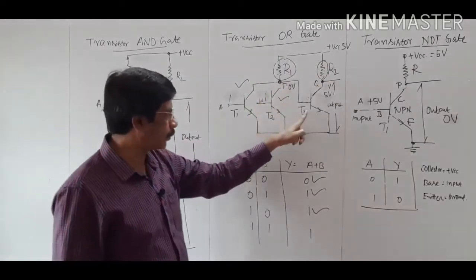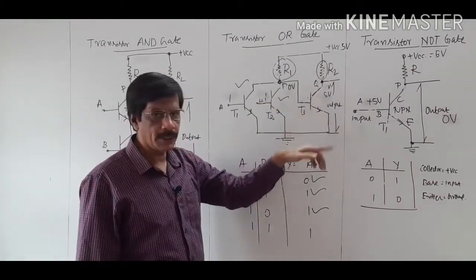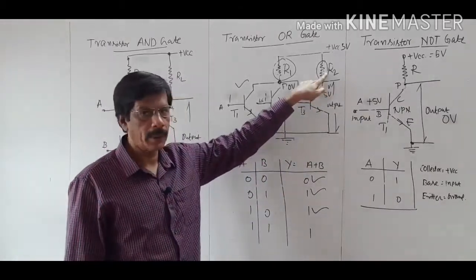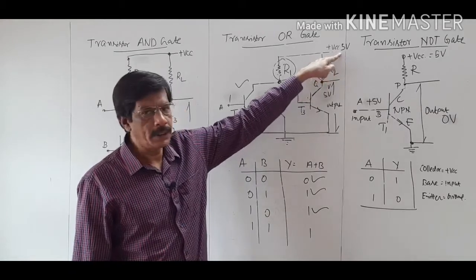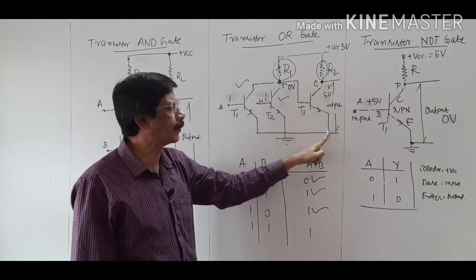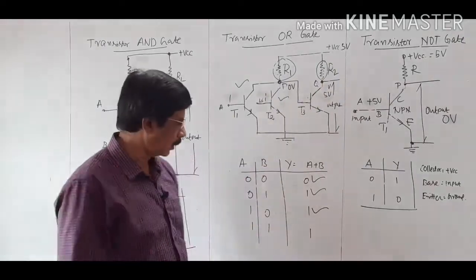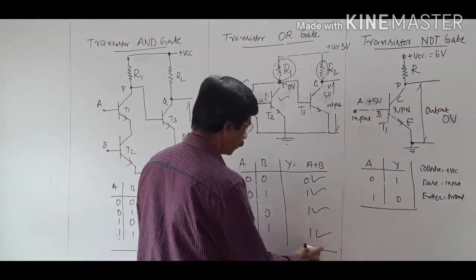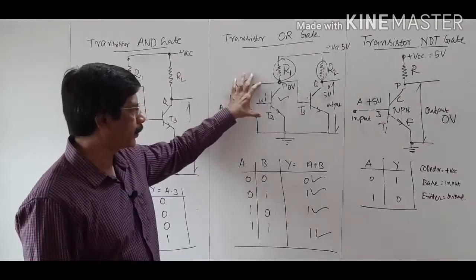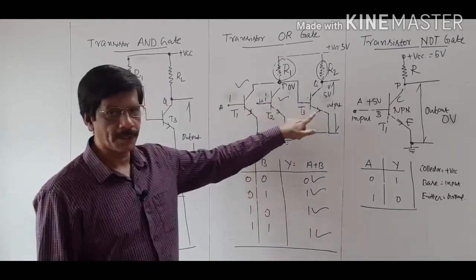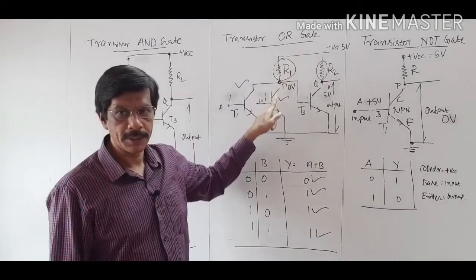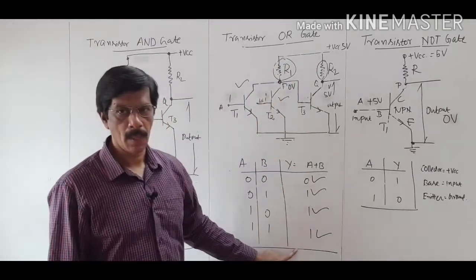That 0 is connected to T3. Therefore, the T3 is in the off state, cutoff state. No current generation, no drop here, and this voltage easily passes through to the point capital Q, and the voltage across this point Q with respect to ground is almost high volt. That shows the last row of the truth table. Therefore, this circuit consisting of 3 transistors behaves as a transistor OR gate that satisfies this truth table.